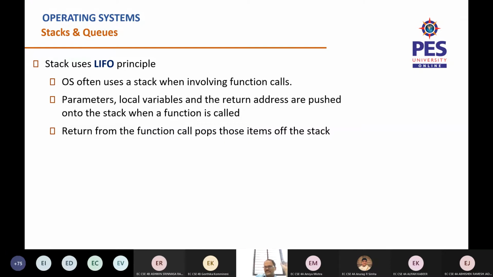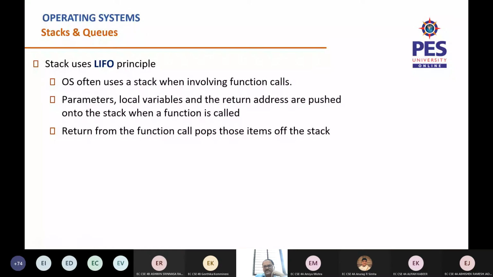The register contents, the instruction where it needs to come back, all this information is stored in the stack first, and then the control shifts to function two. It will start executing function two by loading all this data into registers and so on. It will complete all that job and come back and pop the topmost element of the stack, which tells where the control needs to come back, and then restore the contents of the registers. That's how we use the stack in order to implement function calls in operating systems.